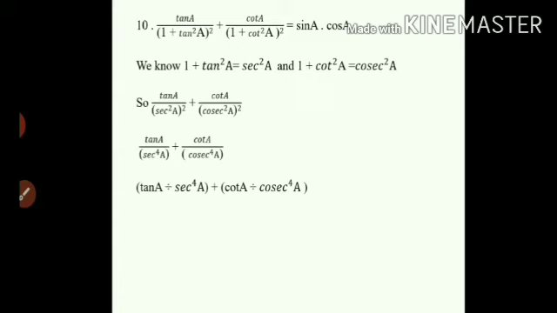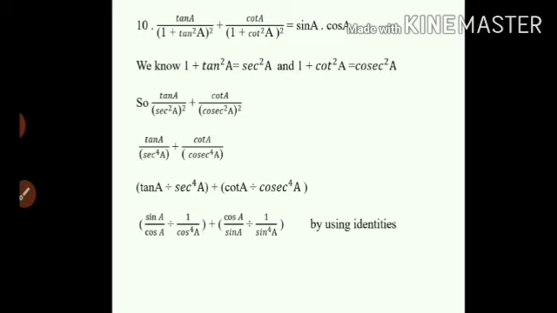Now using identities, tan A means tan theta will be what? Sin theta upon cos theta. That means in place of tan A I will write sin A upon cos A divided by, we know sec theta will be 1 upon cos theta, so 1 upon cos raised to 4 A. Plus again, in the second bracket cot: when you divide cos and sin you get cot. So for cot A I am writing cos A upon sin A divided by cosec, which is 1 upon sin, so 1 upon sin raised to 4 A.